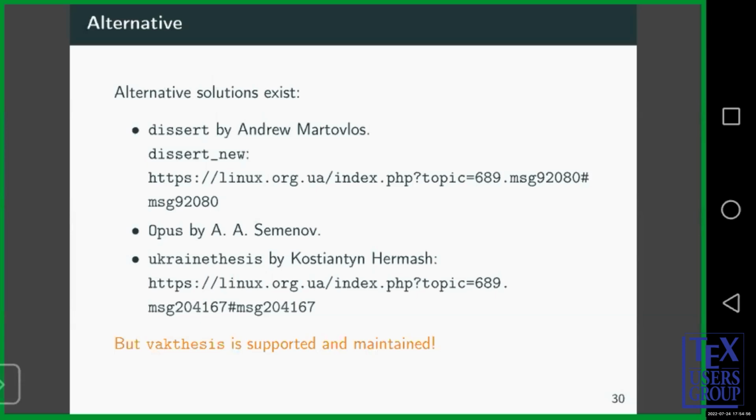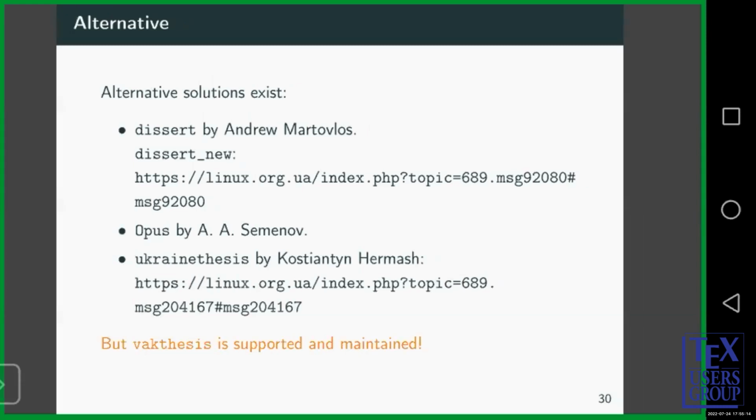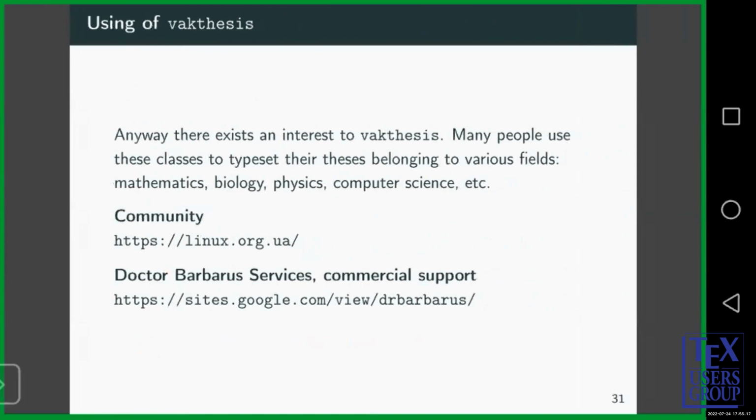There are links here. However, in some sense, vakthesis is a better solution because vakthesis is supported and maintained. Anyway,